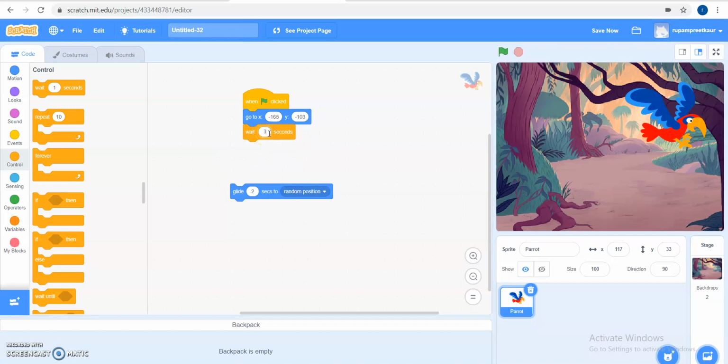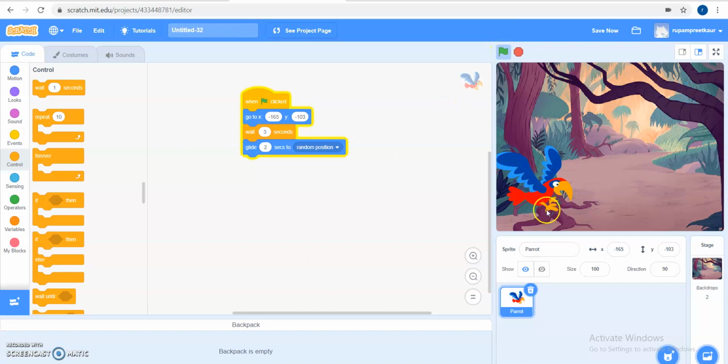My sprite will wait over here for 3 seconds. After that it will take 2 seconds to glide to random positions. Now you can see when I click this green flag, first of all my sprite will come to the default position, that is -165 and -103.